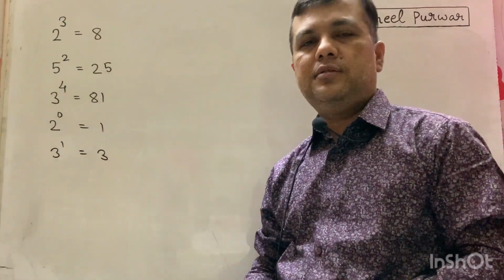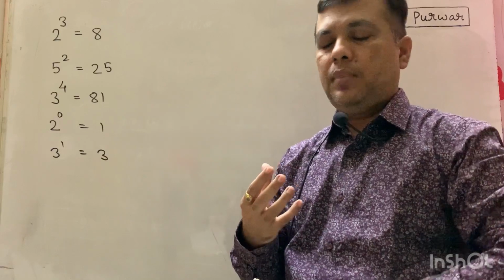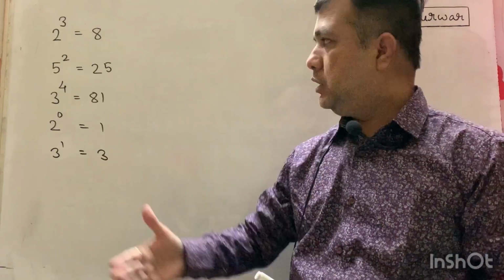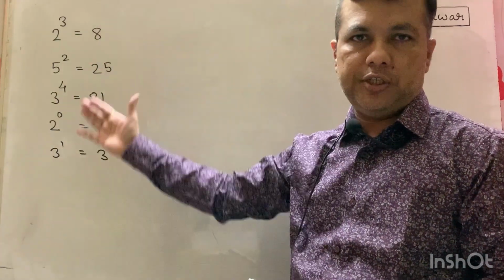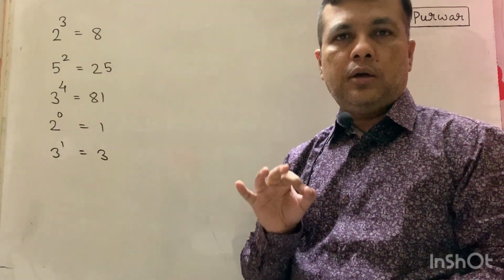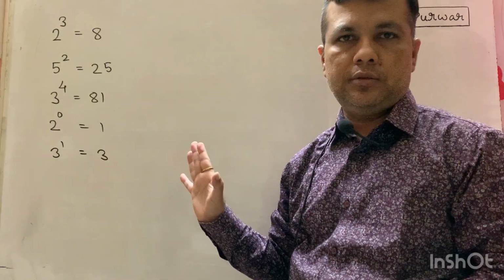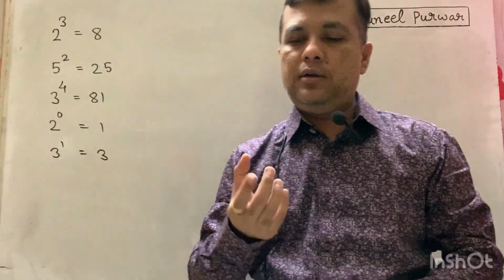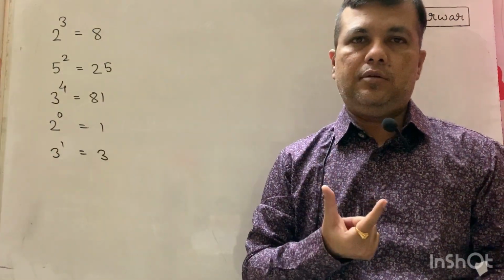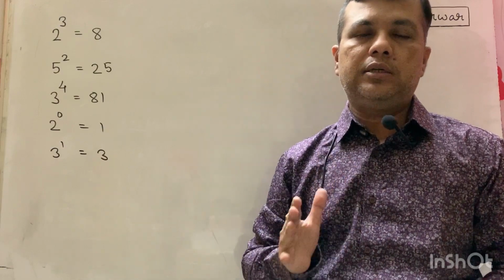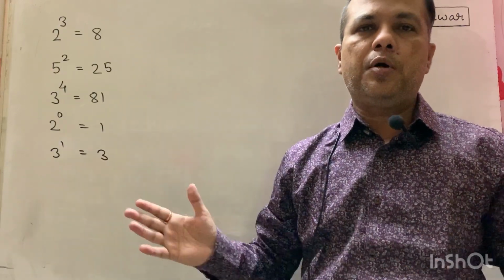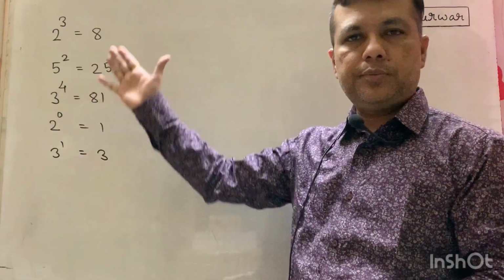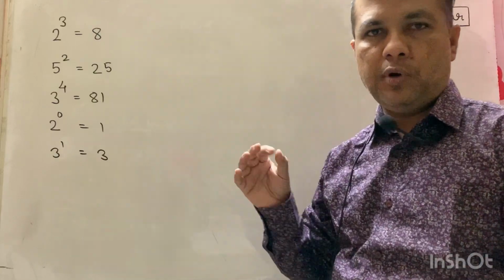Now, if you can tell this, then with little effort, you can thoroughly grasp the logarithm, because these are what? Exponents. These are exponentials, okay? Because logarithms are closely related with exponentials. How? Understand that first, because that is the most important concept to understand: how the logarithm and exponentials are interconnected, because all the properties of logarithms are developed from that interconnection between the exponentials and logarithms. So what is that interconnection?